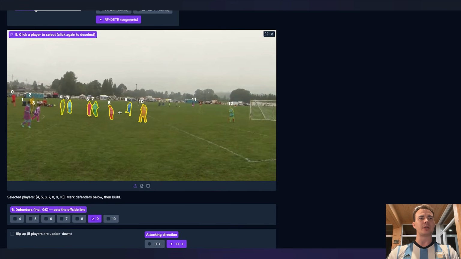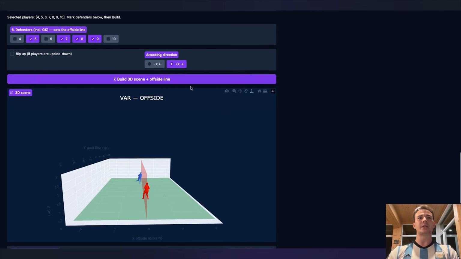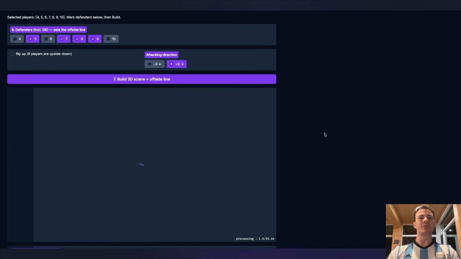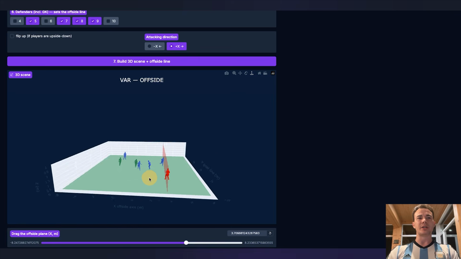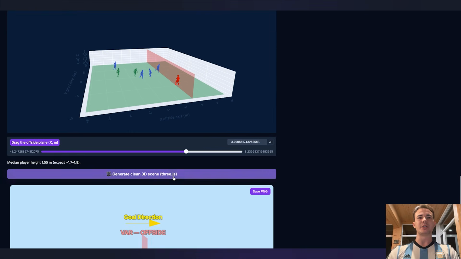So if we were to select more players, we know our defenders are number 9, 8, 7, and 5. So we can select them, leave the attackers as is. If we click Build 3D Scene plus Offside line, this might take a little bit longer just because there's more people in the image. You see that now all of the players are getting placed in their respective positions, which